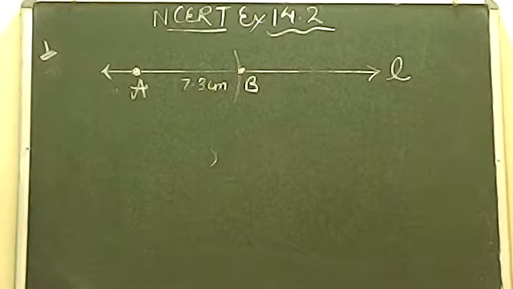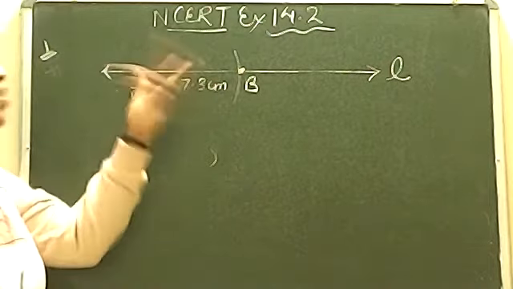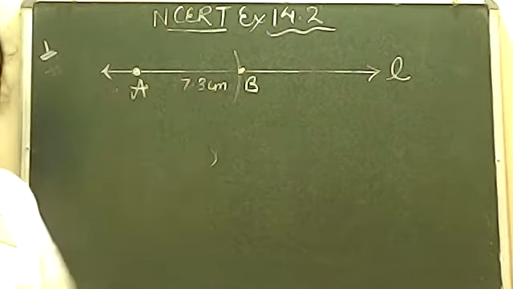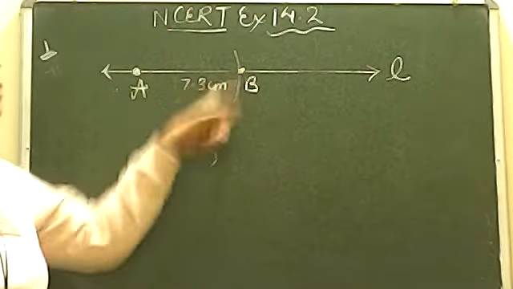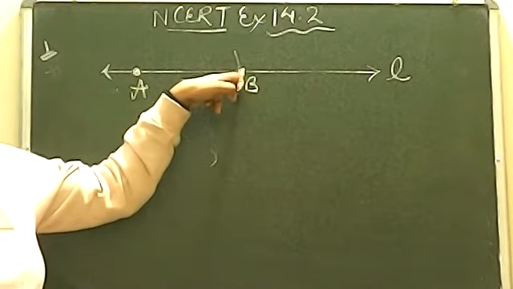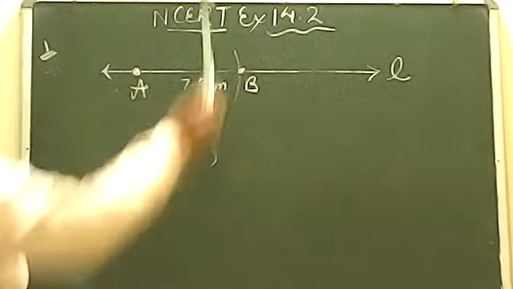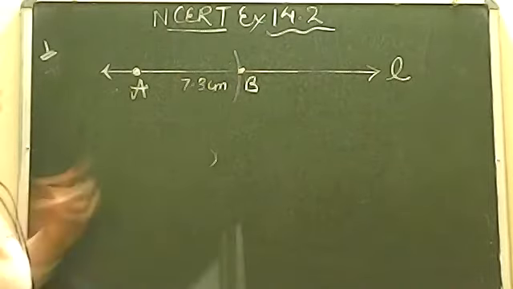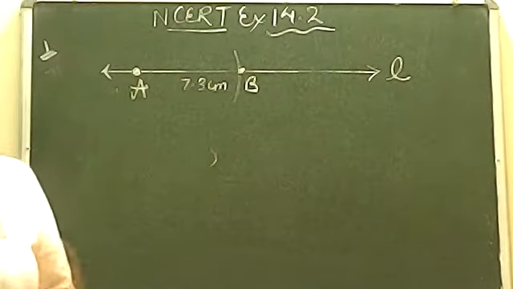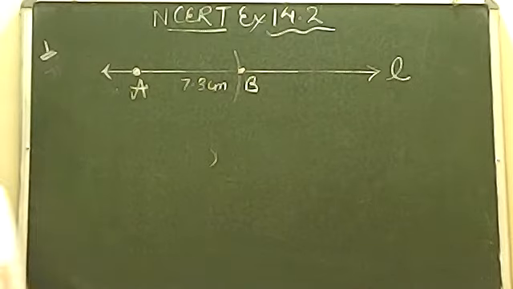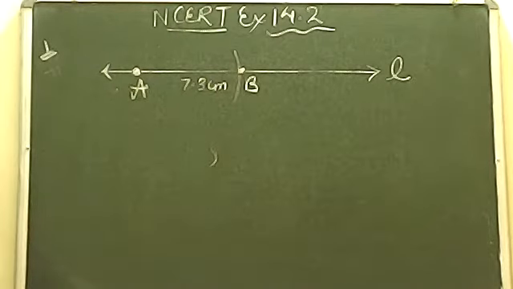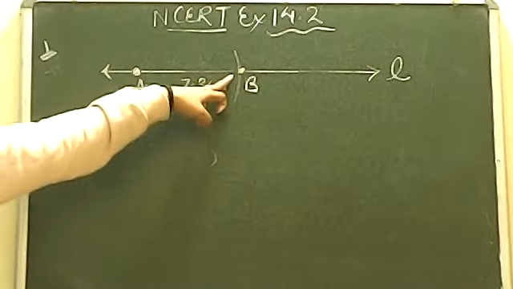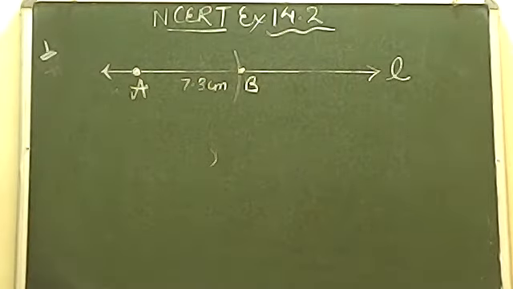Ma'am, but how long an arc should be? Yes beta, it's not necessary that आप छोटा सा बनाओ, आप बड़ा भी बना सकते हो. Only the thing is you want a point, ये जहां पर कट करेगा that will be 7.3. आप बड़ा भी बना सकते हो, it can be longer as well. डिपेंड ऑन यू कि आप कितना बड़ा ड्रॉ करते हो आर्क, ठीक है. Only the thing is that you want this point here, the arc where it is cutting the line, that will be your point B of 7.3.